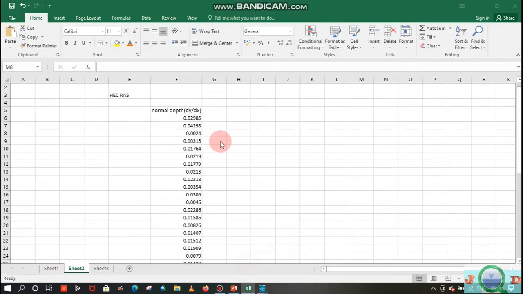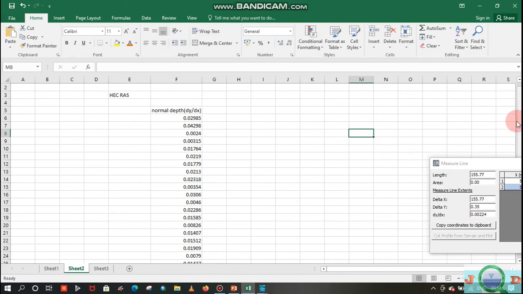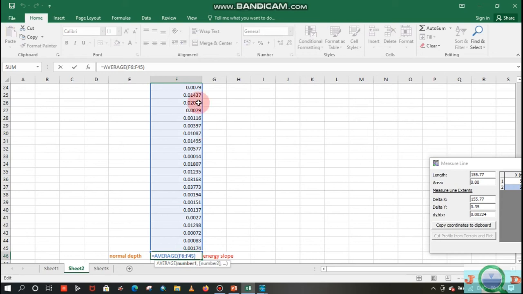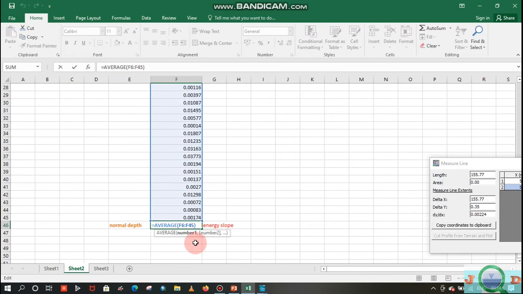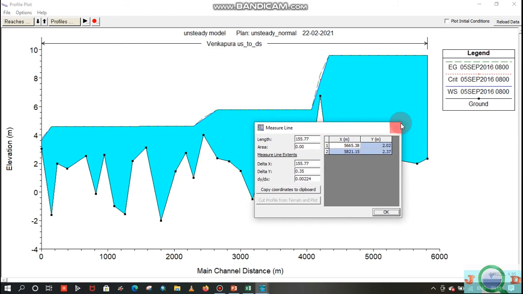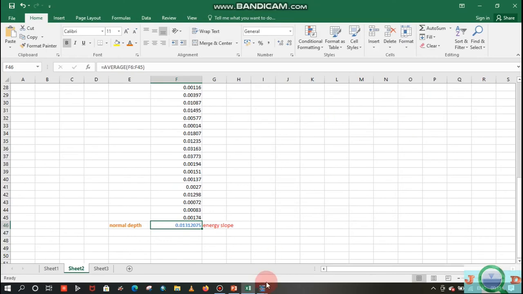Add all the dy by dx values of each cross section and take the average value. That is the energy slope, the average value of the cross section bed slopes. This is the final energy slope for the normal depth. So this one is the final value for the normal depth. Close that, copy this one, and